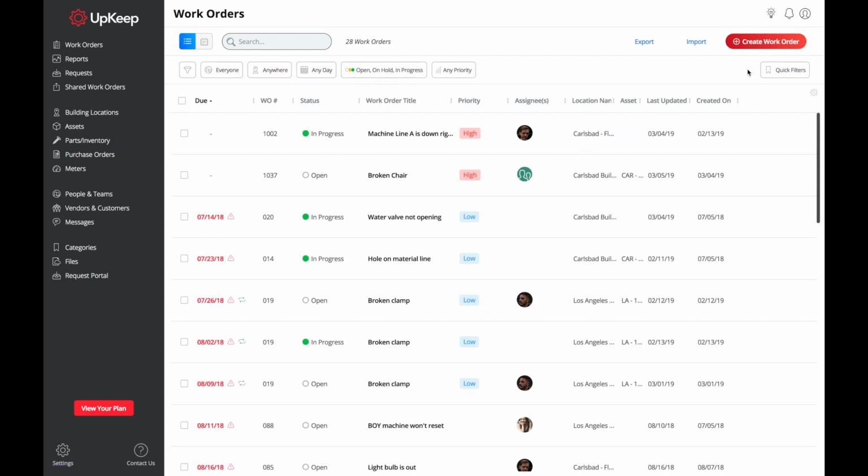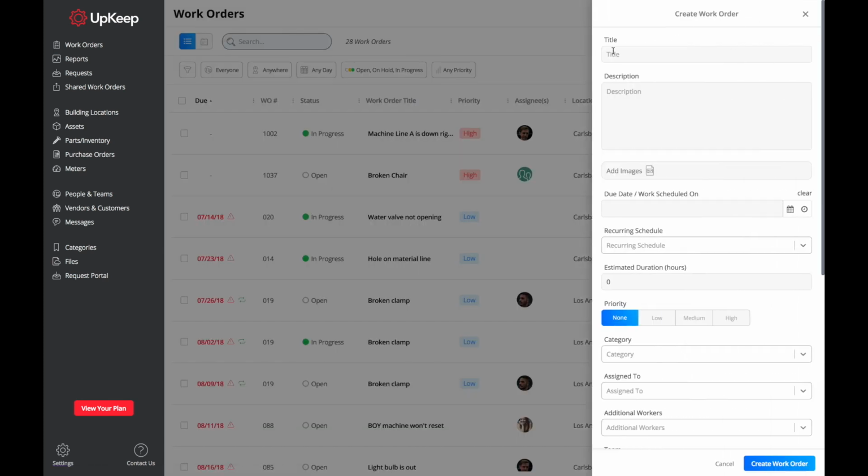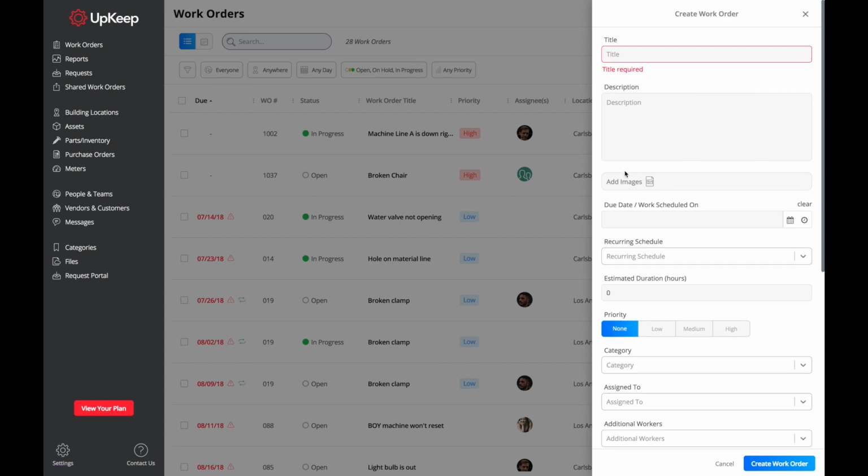All right, so that's our work orders page. And if you wanted to create a work order, it's really just as simple as clicking on this big red button at the top right of our screen. We can go ahead and enter in a title, a description. We can add in images if we want. These could be images of the actual broken piece of equipment. They could also be images of a receipt, for example, that maybe represent some of the parts that you had